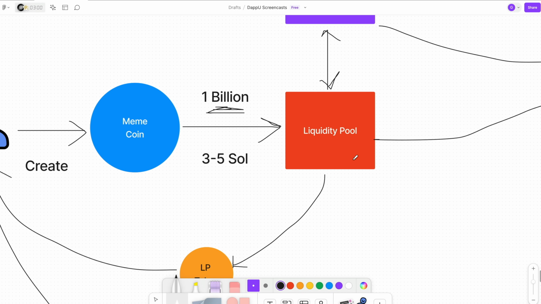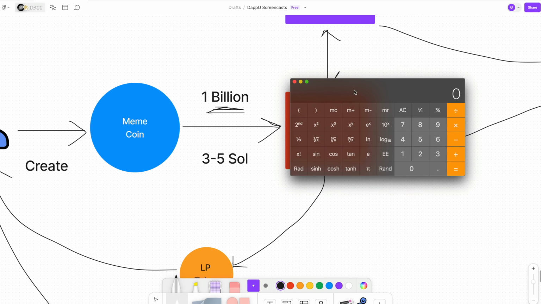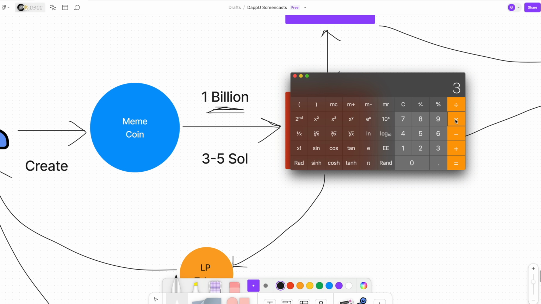Now, how does that work out? What valuation does that mean? So again, your coin has a market cap. If you put 3 to 5 SOL in there, say 3 SOL, let's just say Solana's worth $200 for nice round numbers. So 1 billion coins, with $600 worth of SOL, it's going to be 50-50. So you're going to have a $1,200 market cap from the start. If you do 5 SOL, let's just say Solana's $200, just for easy math, it's $1,000 times 2 because you're doing 50-50 weighting. That means you're going to have a $2,000 market cap to get started.